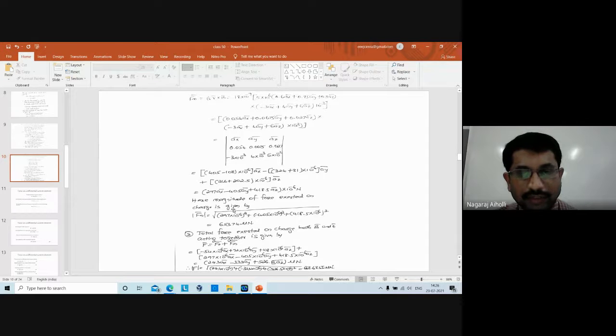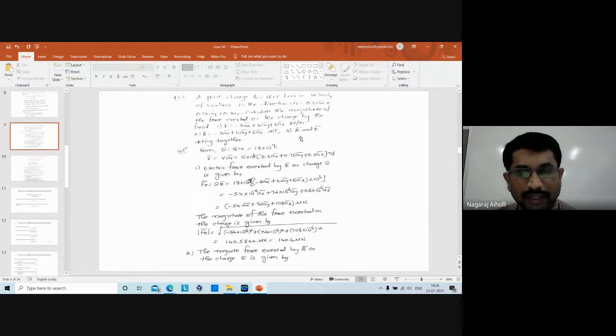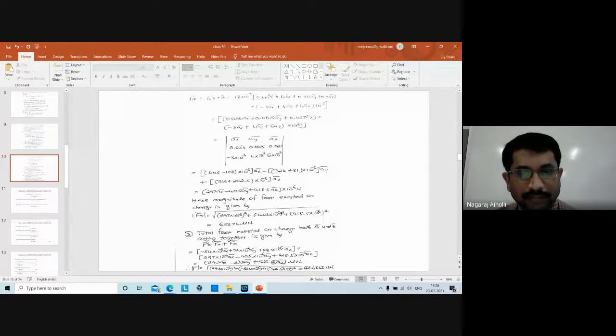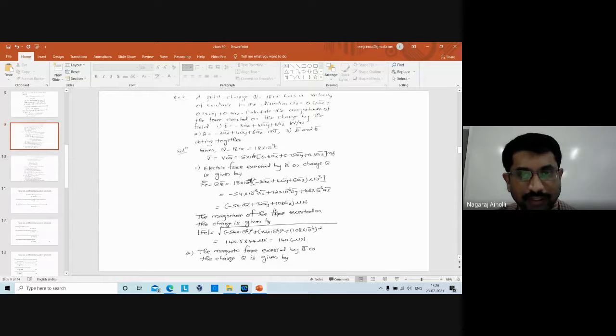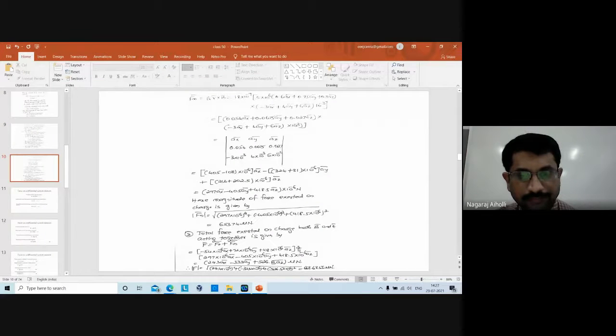Then for the third part of the problem, you have to find the combined effect of B bar and E bar, the magnetic flux density and the electric field intensity. That is given by the summation F bar equal to FE bar plus FM bar, the addition of the electric force and the magnetic force. We already got FE bar in the first part: minus 54 AX bar plus 72 AY bar plus 108 AZ bar micronewtons. Take it from there and write it, plus FM bar, which we got from the second part.